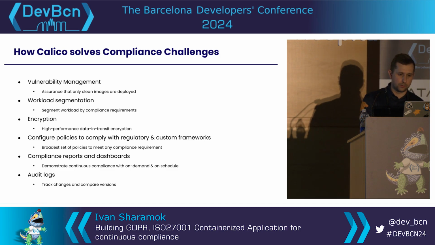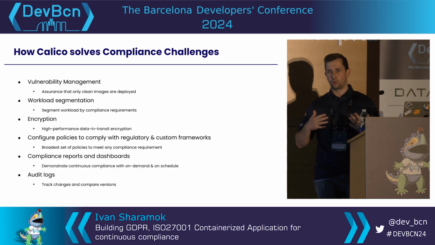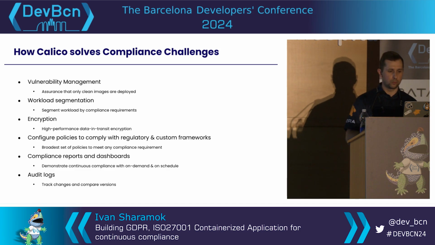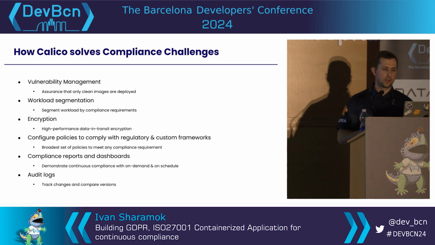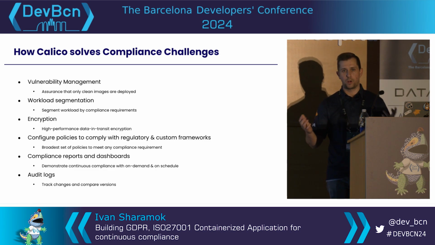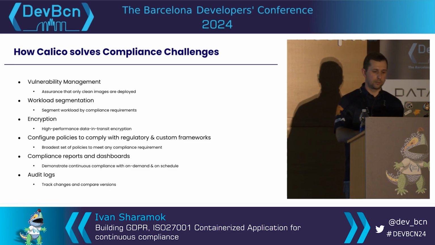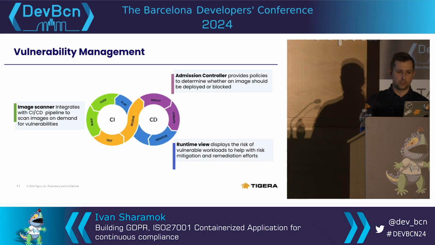We provide the flexibility with the policies that you can build them according to whatever compliance standard you need to follow. We have reporting tools where, for the data that we collect, we provide some out-of-the-box reports, but you're not bound to those because you can take the data and build it into whatever reports you need. And the audit logs for the audit trail: whatever policies you deploy, who changed them, when that policy was changed or deployed, and what changes were in there. We have all that audit log to present to the auditors.